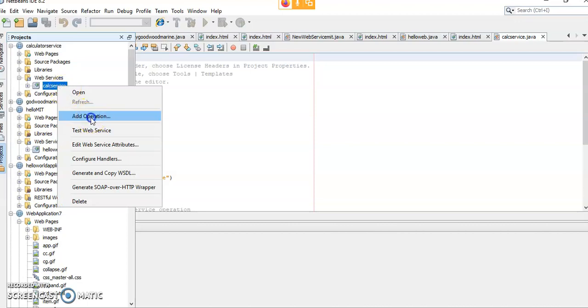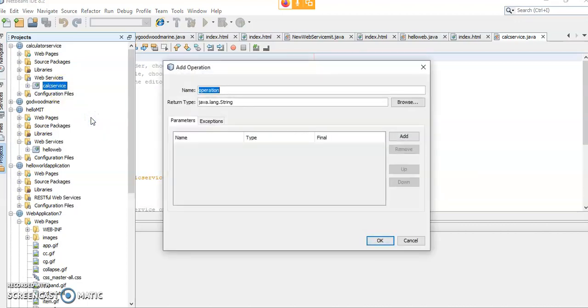Add operation. Okay, so add operation. A dialog box opens. Enter the name of the operation that we are exposing as a web service method. So I am typing sum here, and here I am writing the return type, that is integer. Next step is to enter the return type of the method.